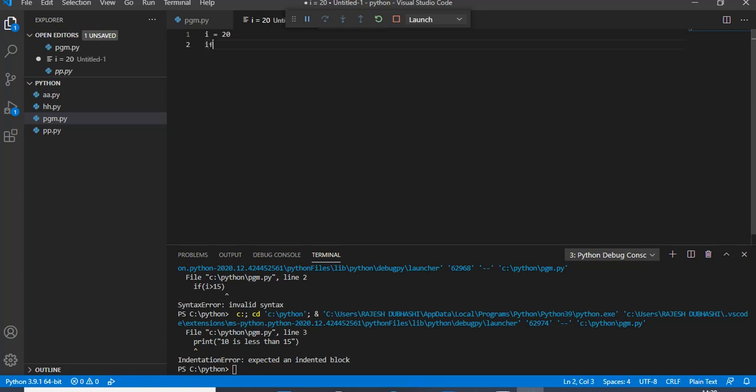We are going to type if, and write the syntax, which goes like I less than or greater than 15. Anything you can take, it is not that you have to take the same thing. We are just going to include the colon, then enter, and if it satisfies the condition, we are going to print,